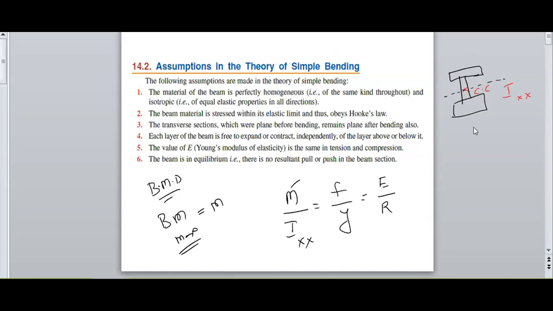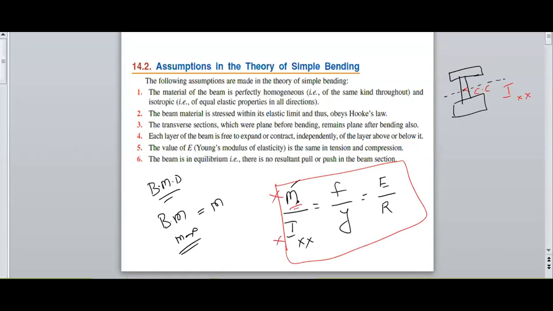You have learned in engineering mechanics how to calculate the centroid of a composite section, as well as how to calculate the moment of inertia by using the parallel axis theorem. So I need to find out the moment of inertia. Here only one equation is required, but this is another problem and this is another problem.